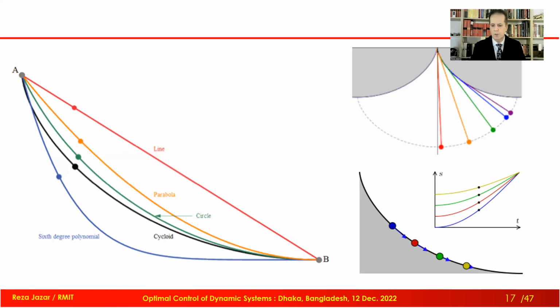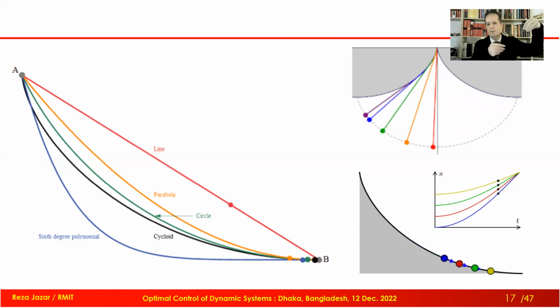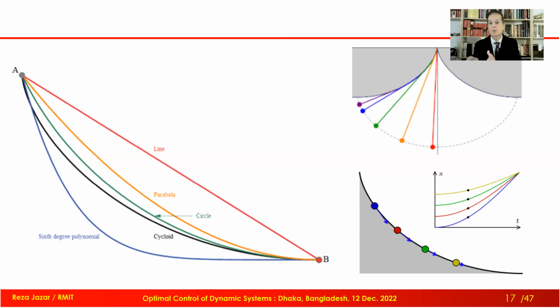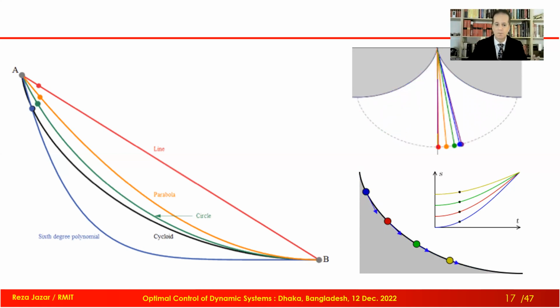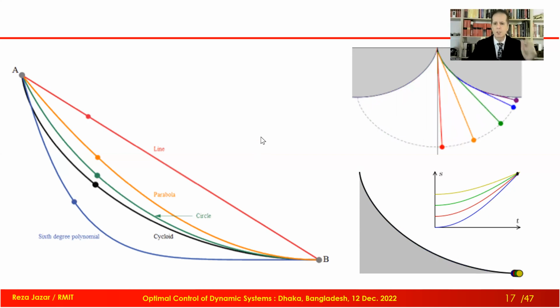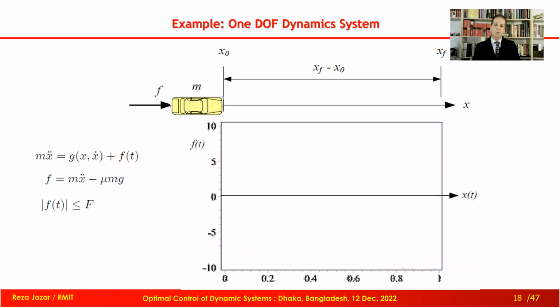And here on the bottom, you see that at different points of the cycloid, we have several beads, we let them go, and all of them get to the end at the same time. Very interesting to show all of them. Usually we show them in the classroom for people. Let's get back to our problem.